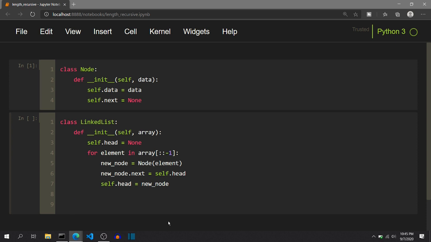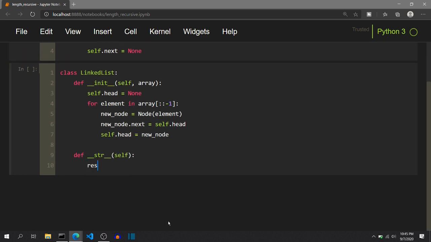Now we have to write another function, that is the __str__ function, so that we can pass linked list objects inside the print function directly and we can visualize the linked list elements clearly. So I will define __str__ function with just self parameter. I will initialize a result list that will hold all the data inside the linked list.